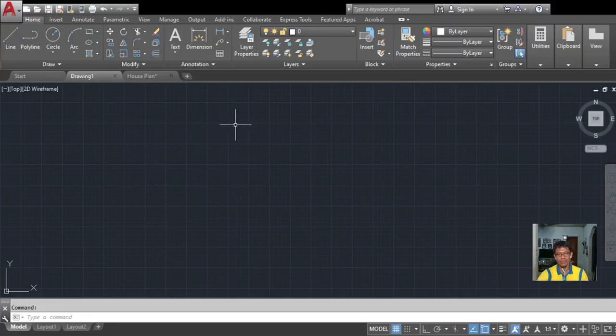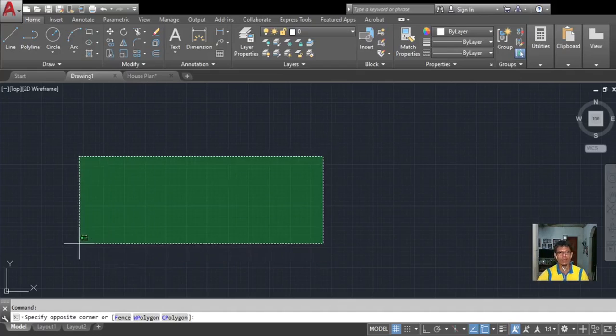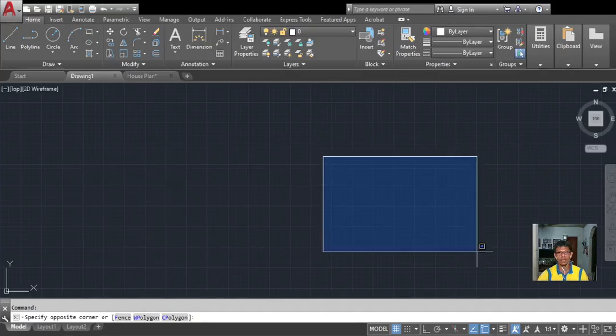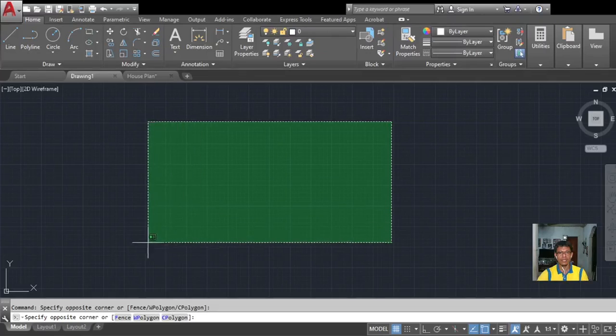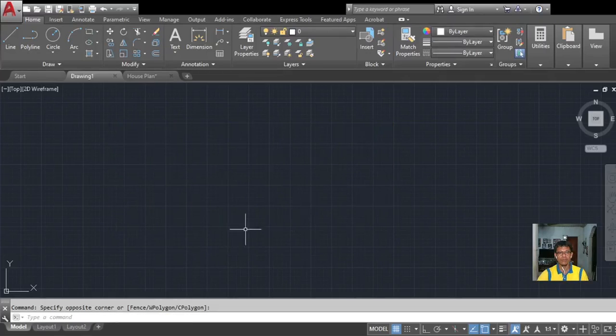The one that is moving here right now is what we call the crosshair. The crosshair is a type of cursor consisting of two intersecting lines, and it is used to locate points and select objects in your drawing area. I'm just moving my mouse, so that is the crosshair.